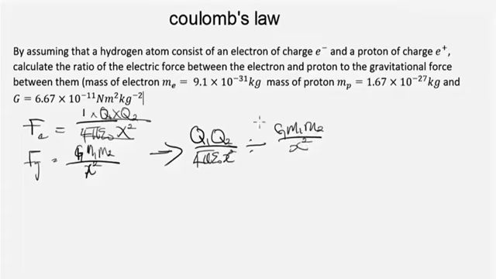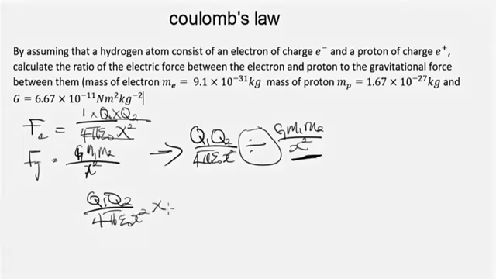So the next thing is to change the sign of division to multiplication. When we change this sign to multiplication, we'll now have an inverse of this. So the equation will directly change to Q1 Q2 over 4 pi epsilon naught x squared times